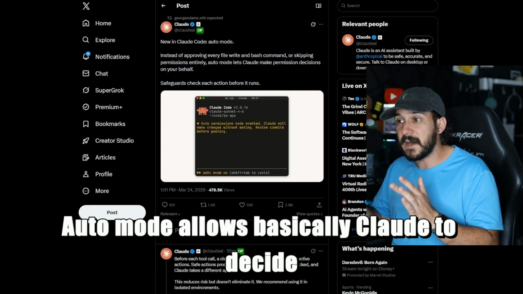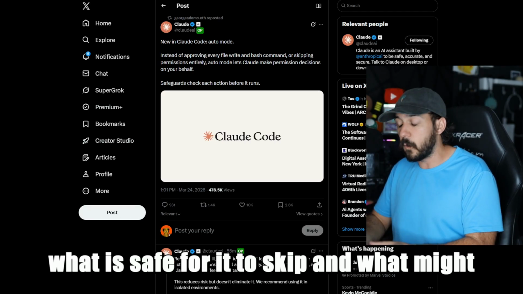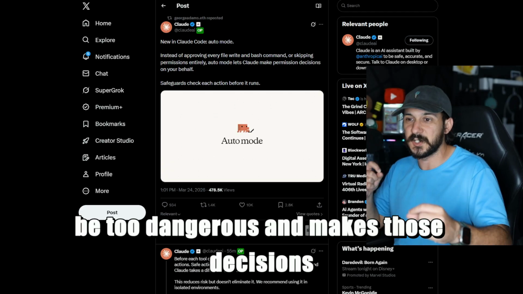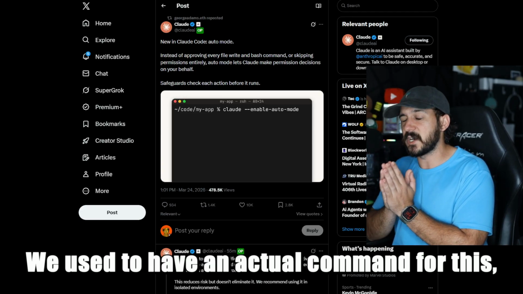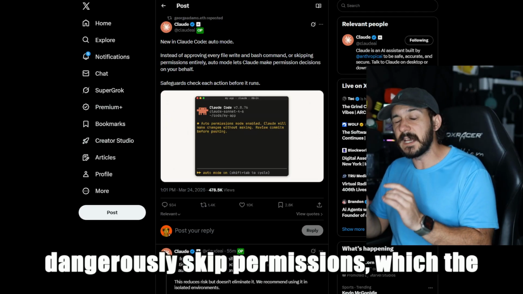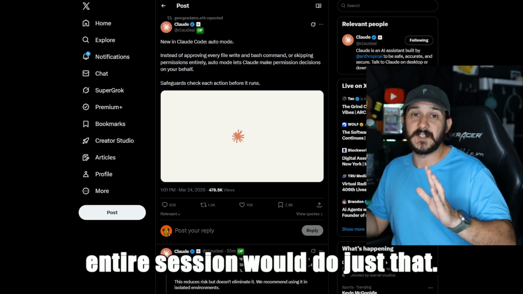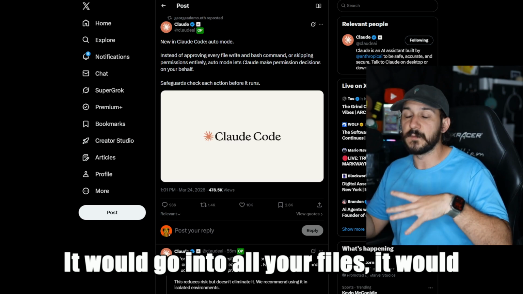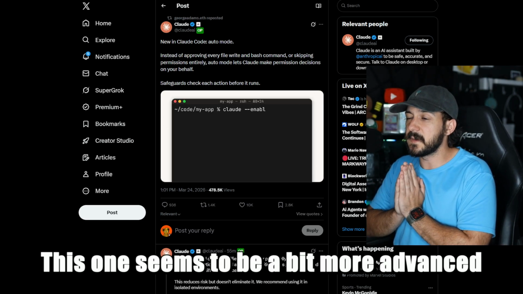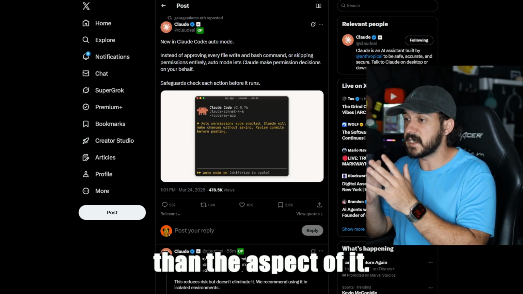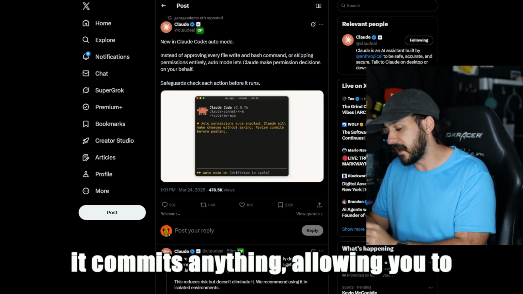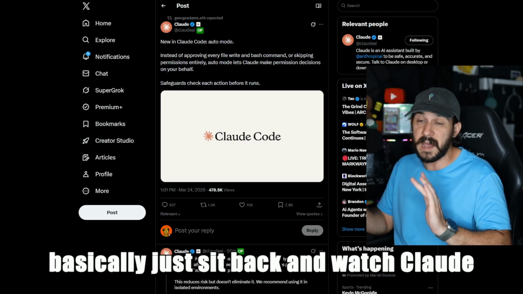Auto mode allows Claude to decide what is safe for it to skip and what might be too dangerous, and makes those decisions for you. We used to have an actual command for this. It was slash dangerously skip permissions, which the entire session would do just that. It would go into all your files, it would go into everything you're doing and just skip everything. This one seems to be a bit more advanced. At least it actually tries to review before it commits anything,